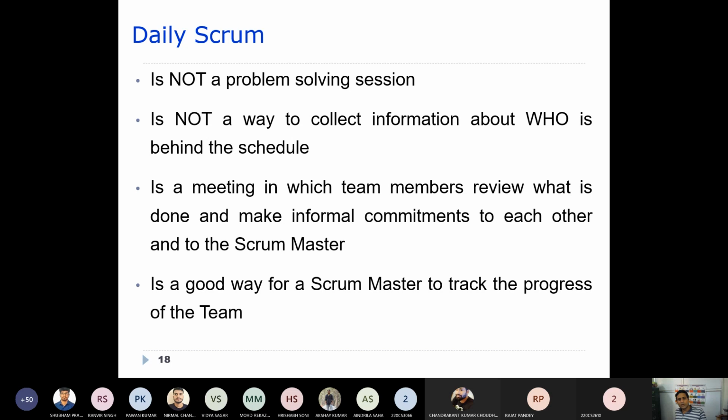So you have committed that in front of all other members, including the Scrum Master. It is a good way for the Scrum Master to track the progress of the team. This is the way the Scrum Master is able to see the progress, whether they are doing well or not.